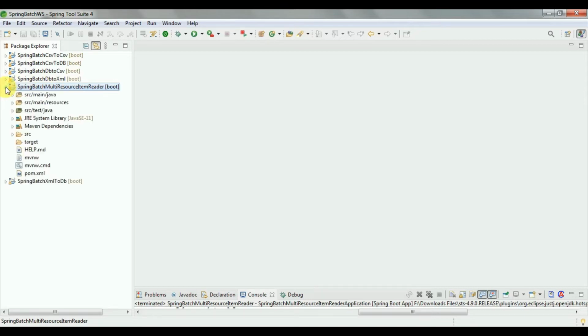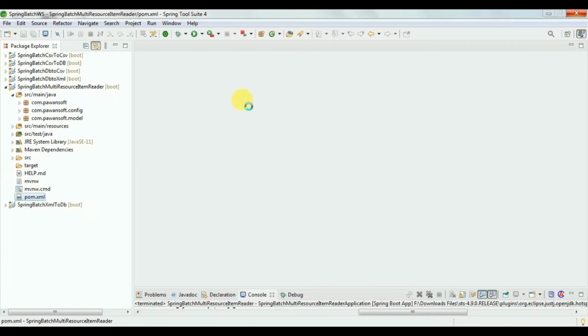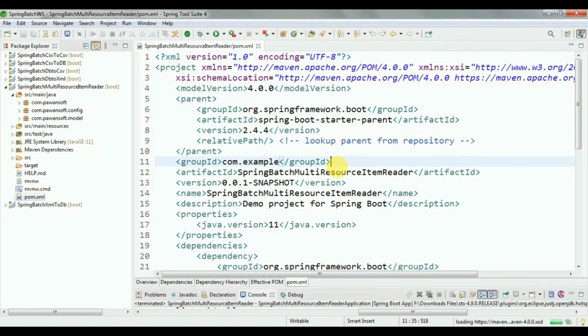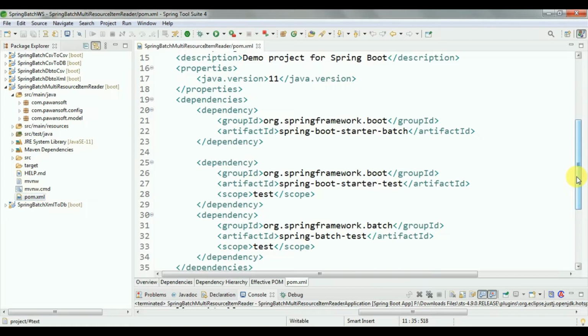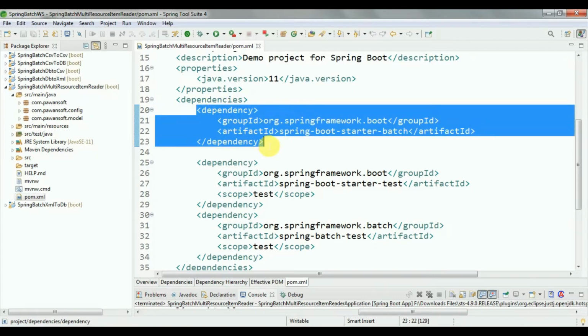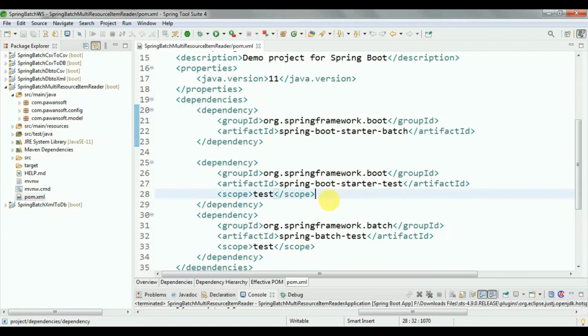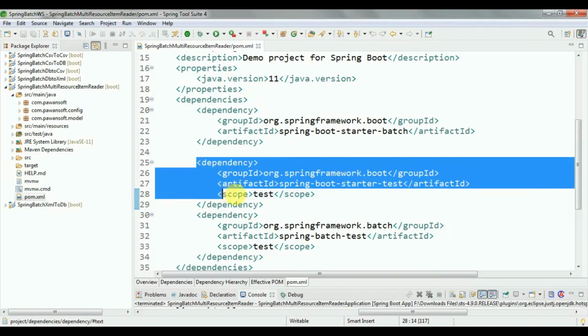The project I have already created. When you create the project, in pom.xml you have to add only the Spring Batch dependency, because I am not going to read data from any database, so there is no need to add database related dependencies. Only the Spring Batch dependency is enough for this example, and this will insert automatically the test class.